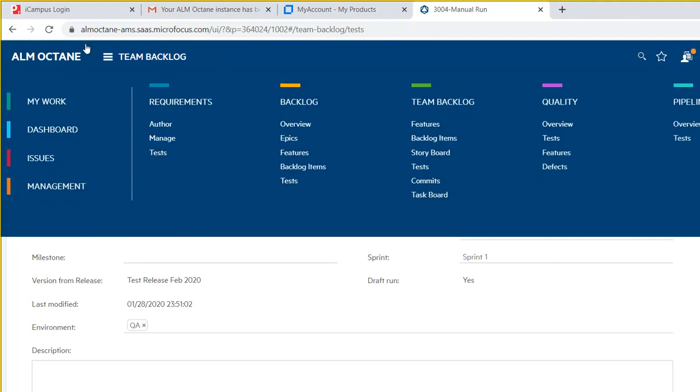when you click here, you see the different modules that we can use in ALM Octane, right? You see that we have a requirements tab, a backlog tab, a team backlog tab, and then we have the quality tab. This quality tab is the tab that as a tester we are going to use a lot. Now if you click on that quality tab,